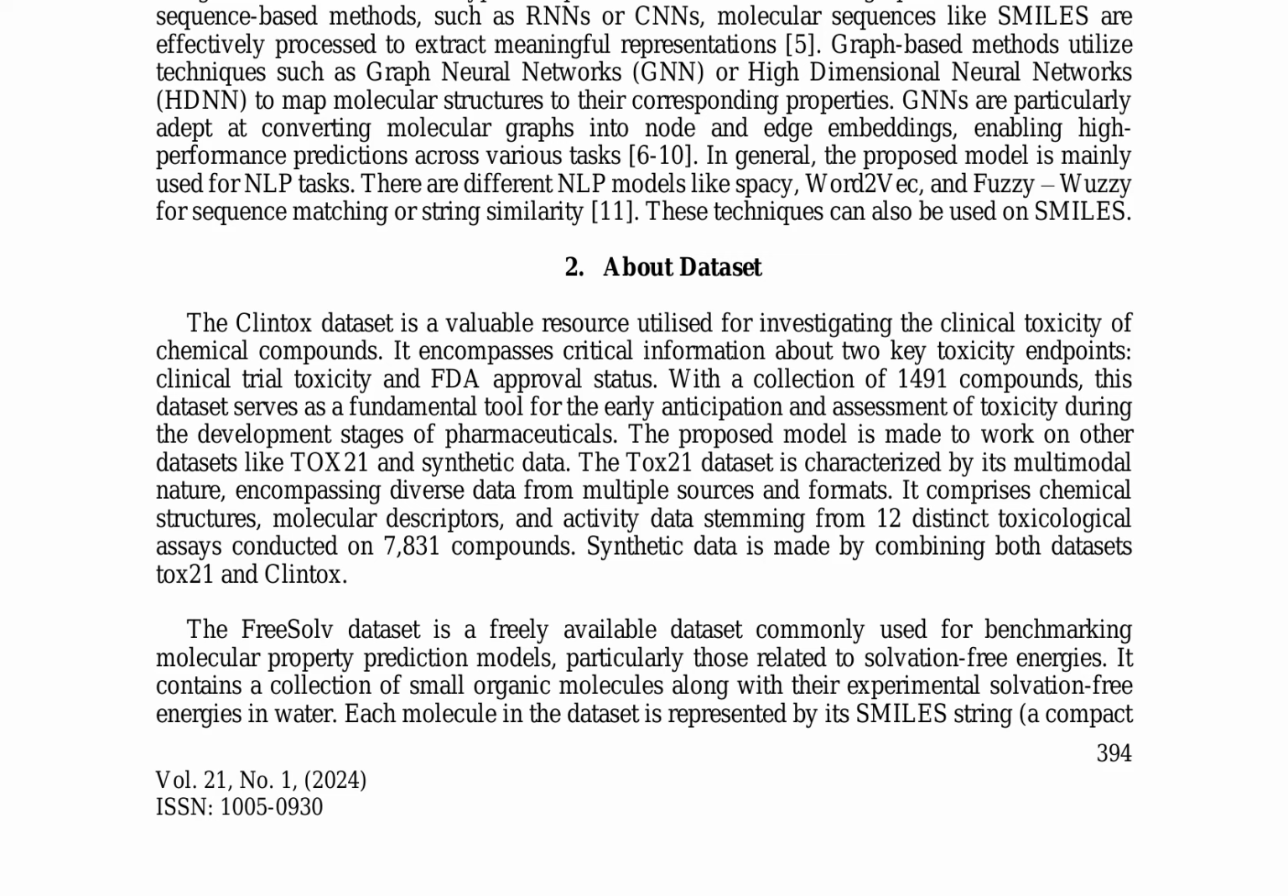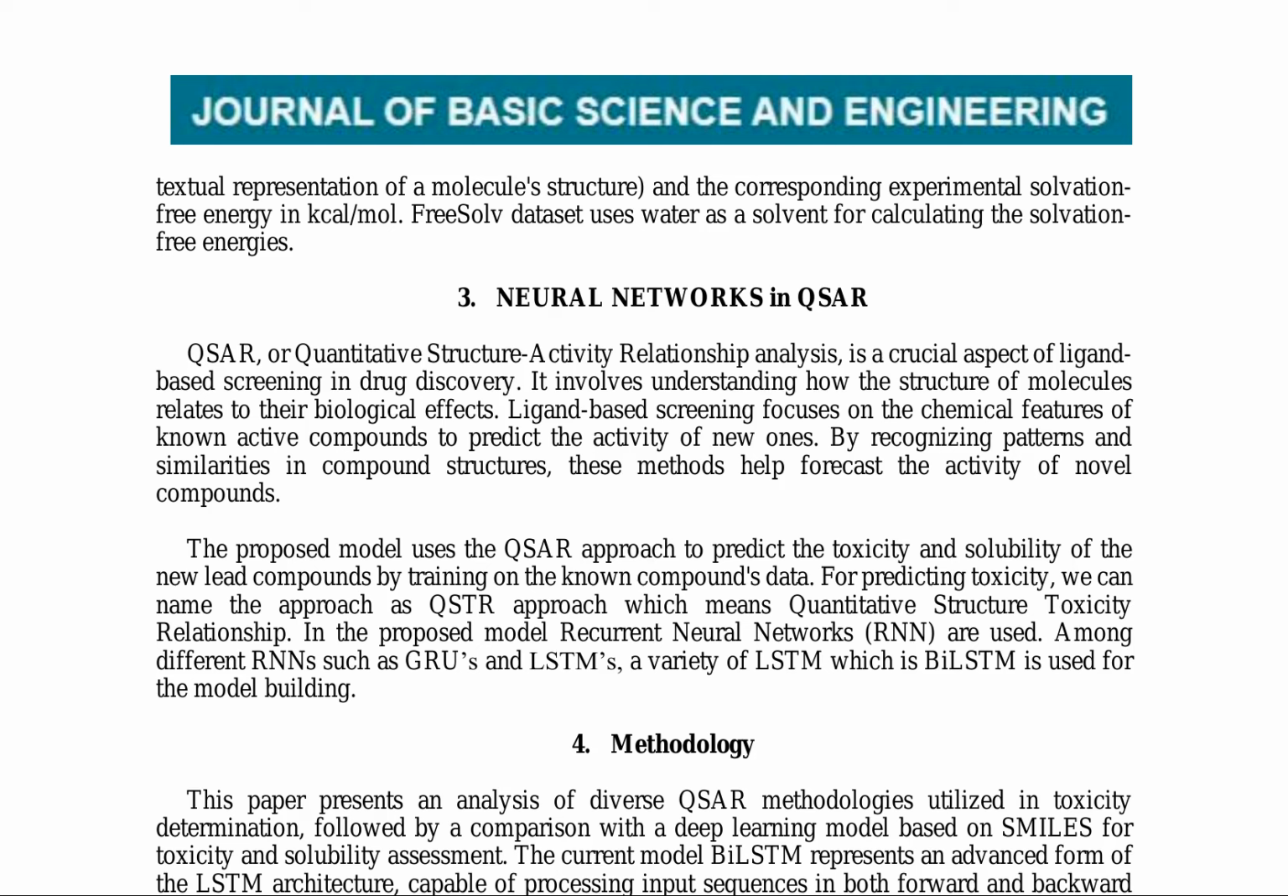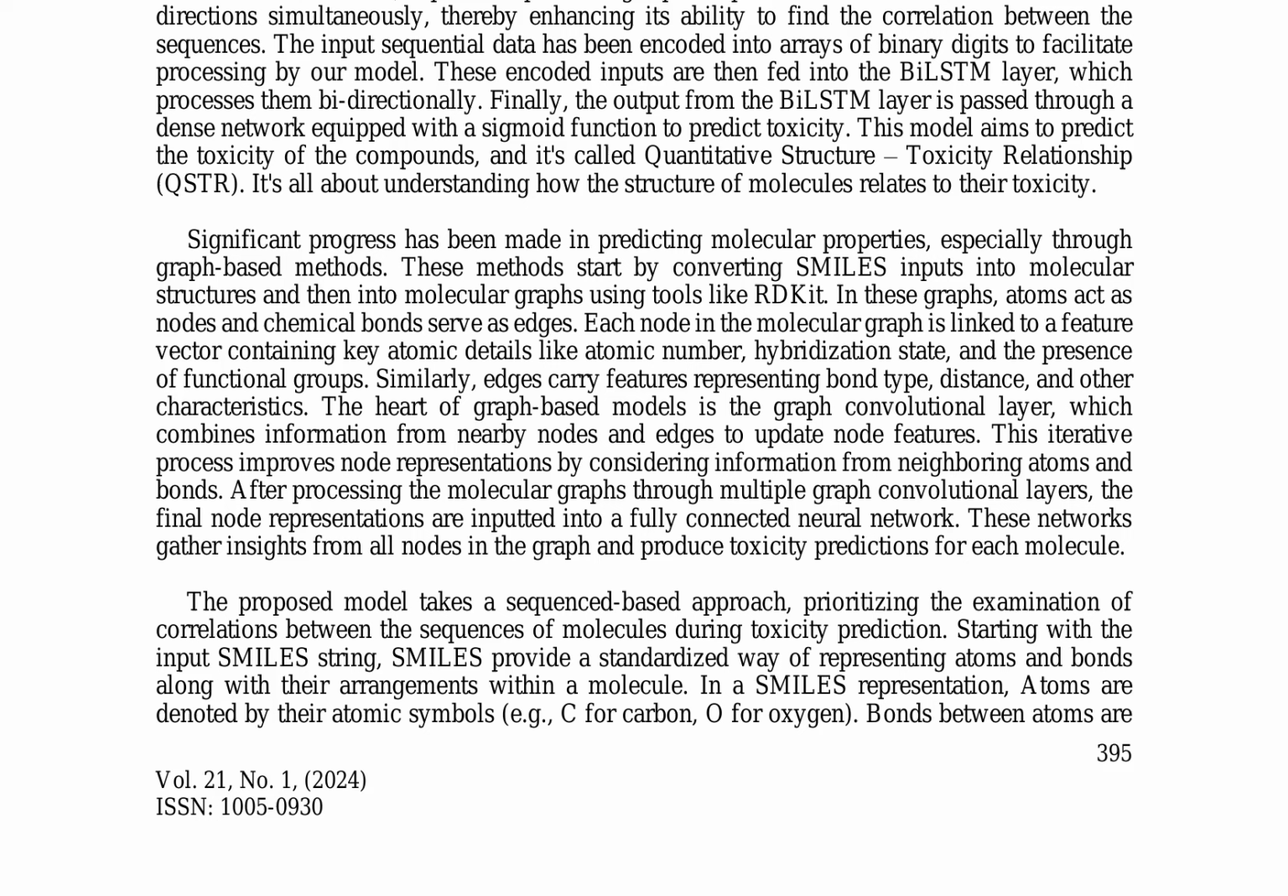predicting molecular properties. In this study, a novel approach is employed to predict the toxicity of compounds by leveraging the strengths of bidirectional long short-term memory (BiLSTM) networks and graph convolutional layers. The methodology involves processing input sequences in both forward and backward directions using BiLSTM, thereby enhancing the ability to capture correlations between sequences. The encoded inputs are then fed into the BiLSTM layer, which processes them bidirectionally to extract comprehensive feature representations. The output from the BiLSTM layer is subsequently passed through a dense network equipped with a sigmoid function